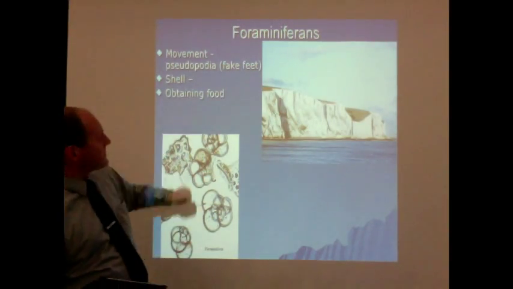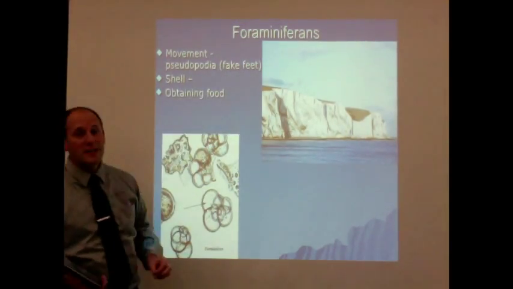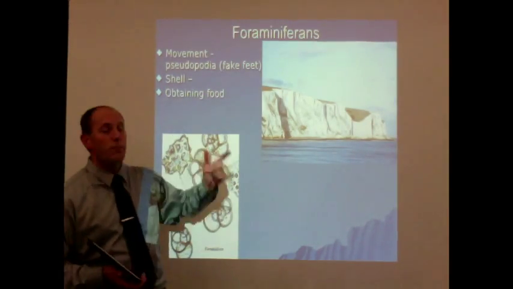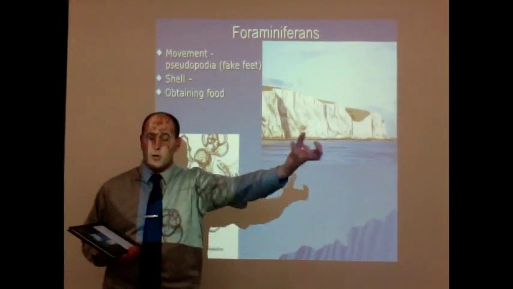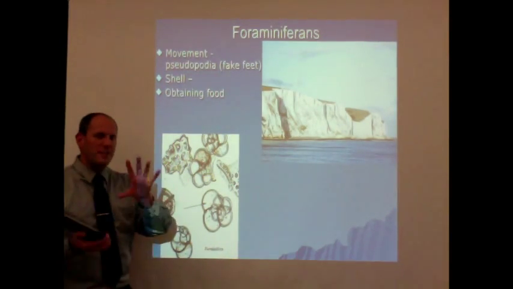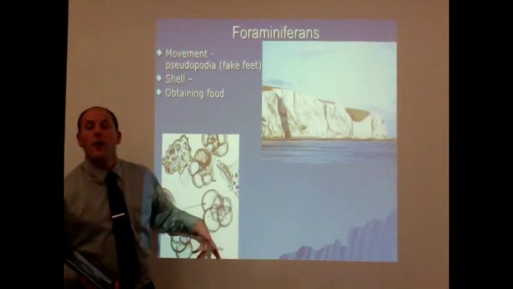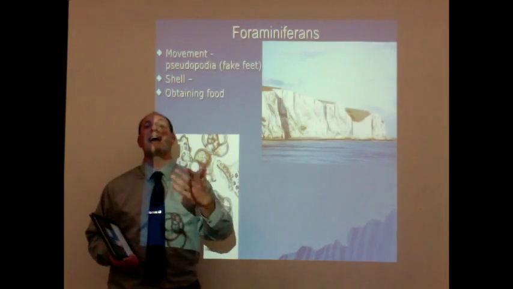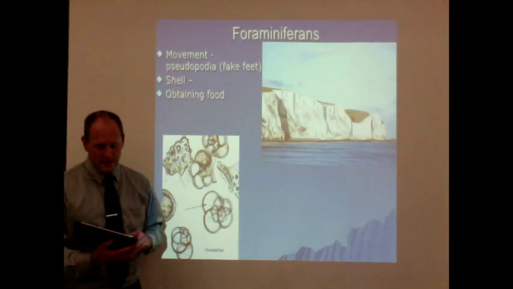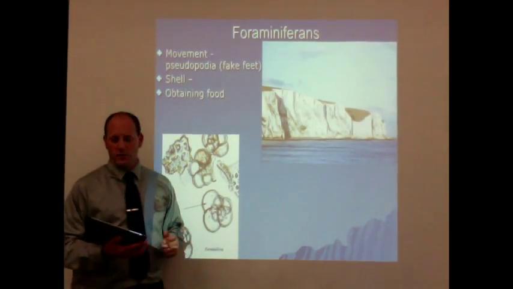How these particular organisms obtain food, again, I mentioned they are heterotrophs. I mentioned they have the extension of the cytoplasm sticking out here. So they use those fake feet, that pseudopodia, to actually capture and absorb some food particles that are floating around them. They form this network. Things that they eat, you know, these guys are still single-celled, but a little bit bigger. Things that they eat are things like diatoms. They're actually capturing those other protista. They'll eat bacteria, any small, microscopic particles that are floating in the water.